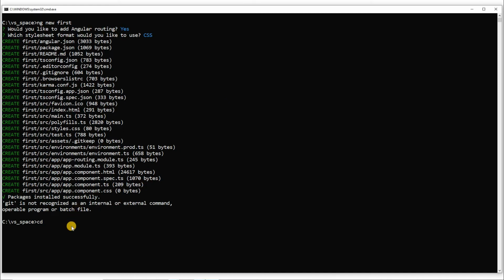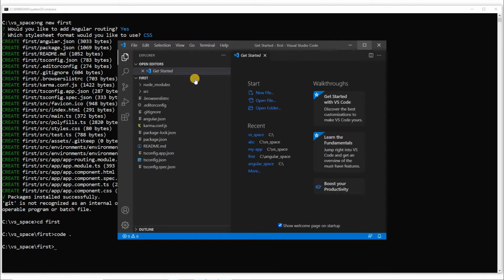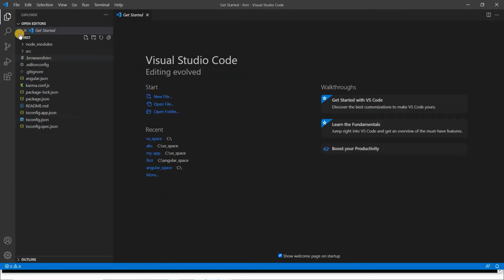Now if I do code, then dot, it will open my projects in VS Code. All my projects which are there in my workspace. But we don't want that. We'll go to cd, and then let's go to our project first. And now here I just want to open only one project, our very first project, in the VS Code editor. So the command is code space dot. So here is your VS Code editor, right? And here is our project called first.